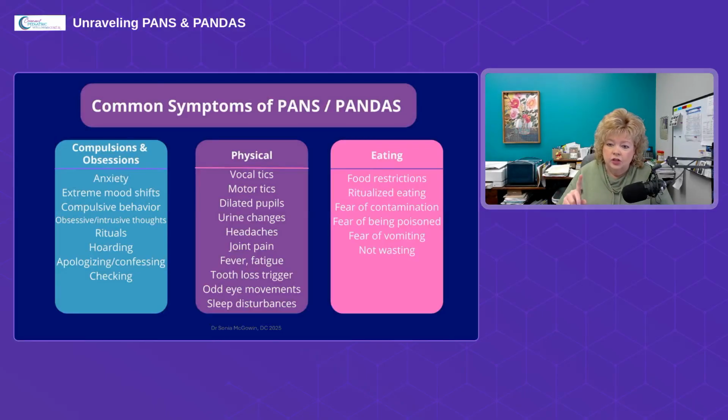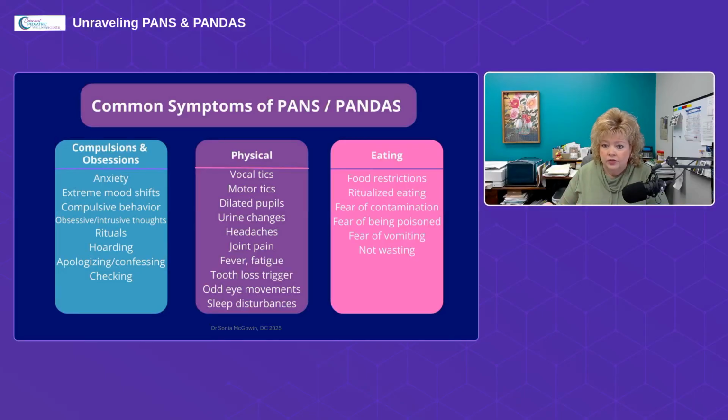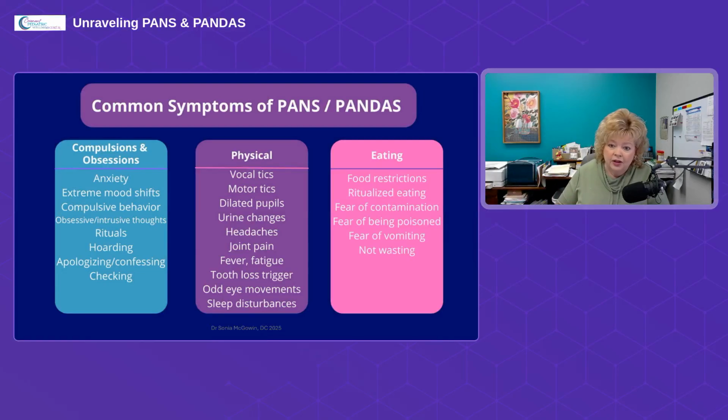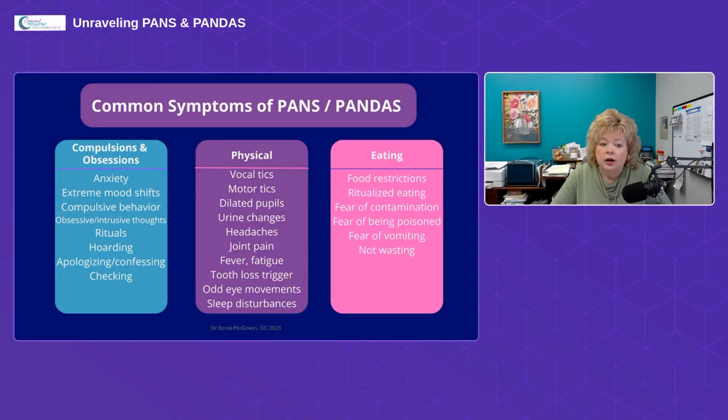The other thing that we'll see is changes in deep tendon reflexes. So when we check their reflexes on their arms, their knees, their feet, what we'll find is often either the upper body deep tendon reflexes are normal, but lower body are sluggish, or maybe they're brisk. Sometimes it's right to left. So sometimes everything on the right is normal, everything on the left is hyper or hypo. We've talked some about urine changes. So urine changes are a big sign, a major red flag.